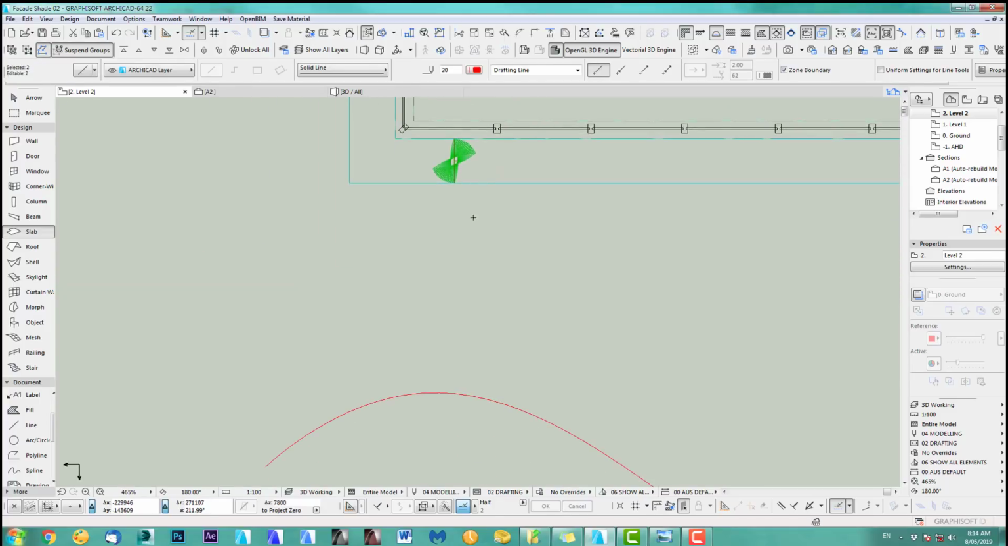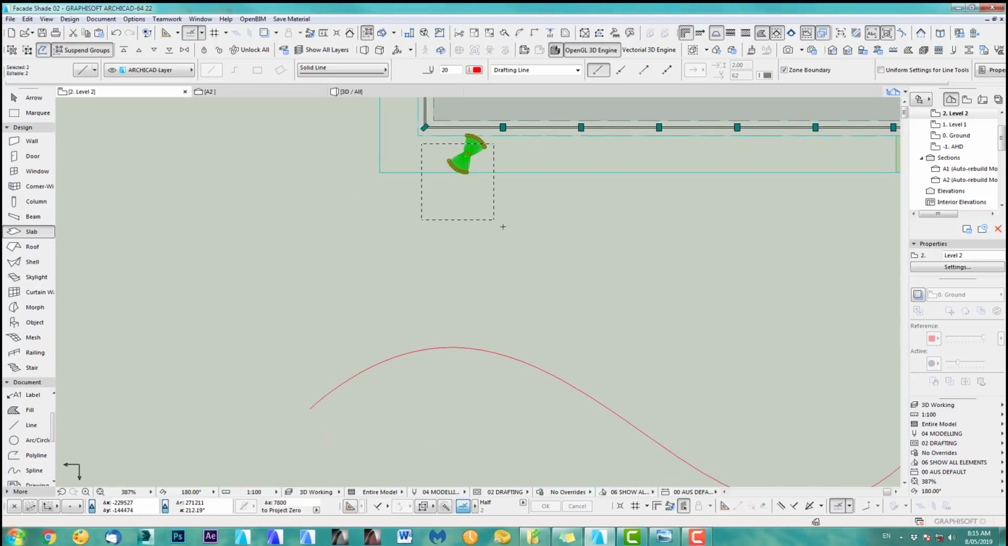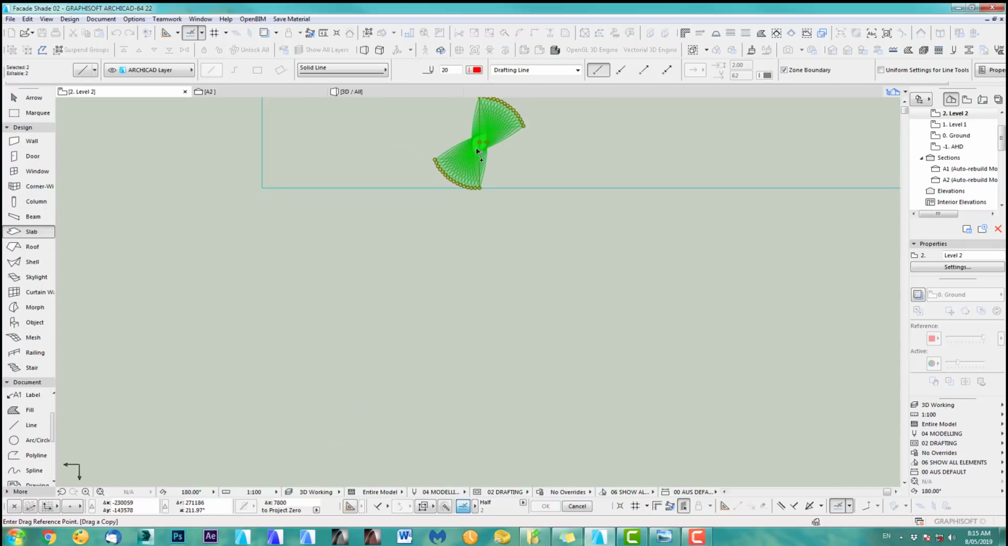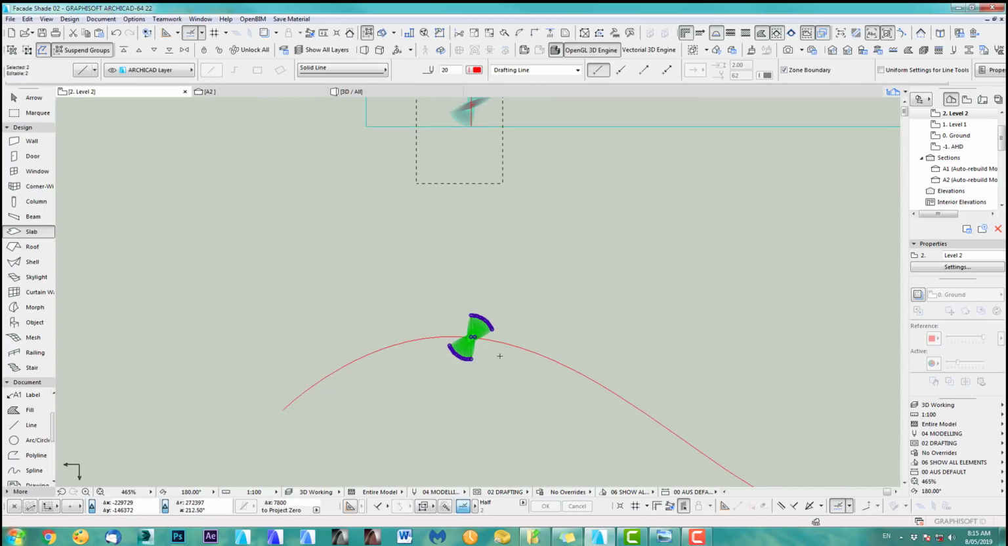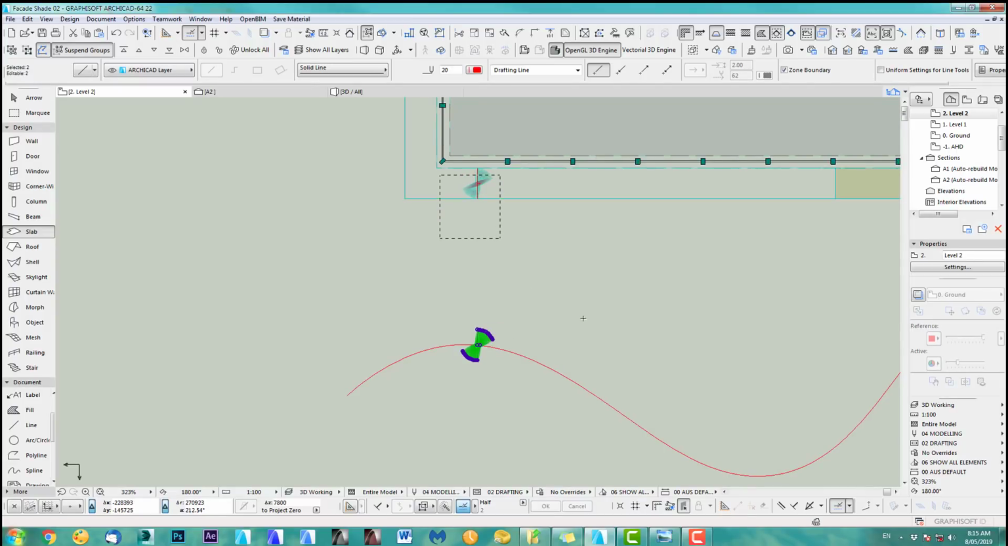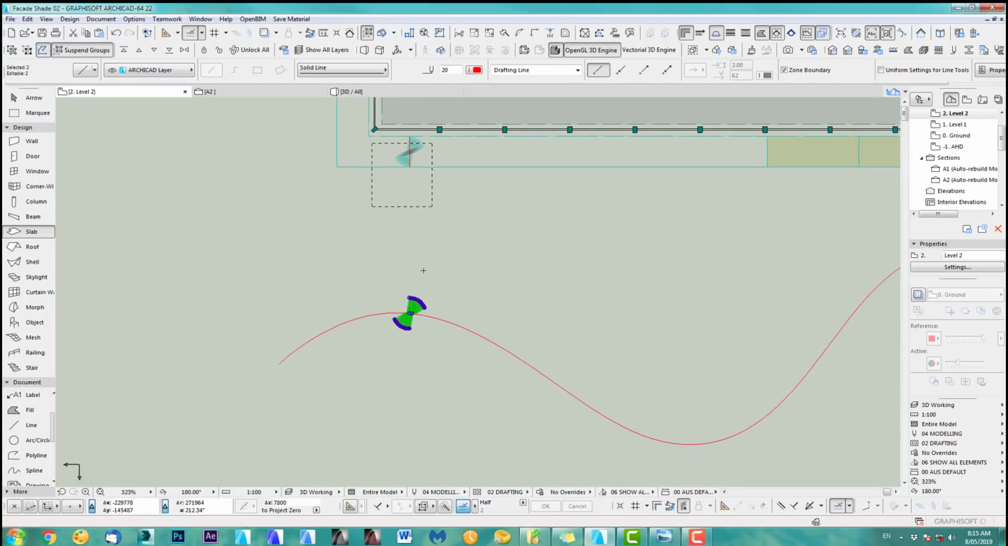Group. Alright, so what I do now, for now, is make a copy, just so we can see what happens. So I take this here. Alright, so that's a copy. Now, what we do is we go